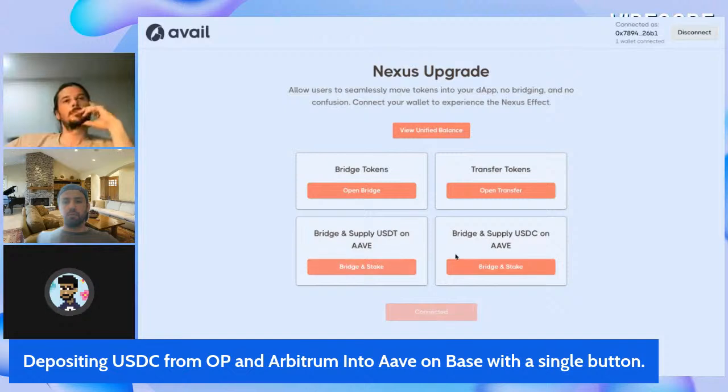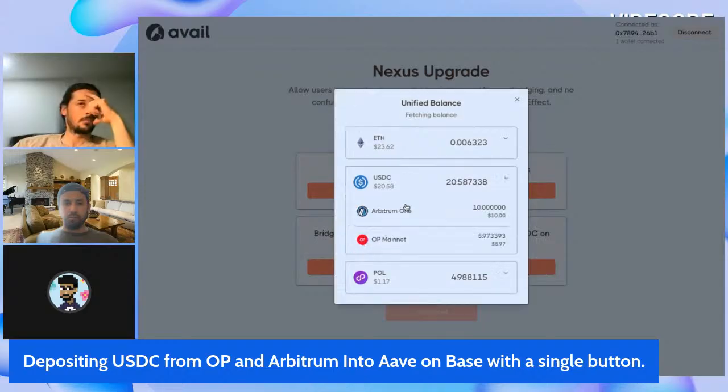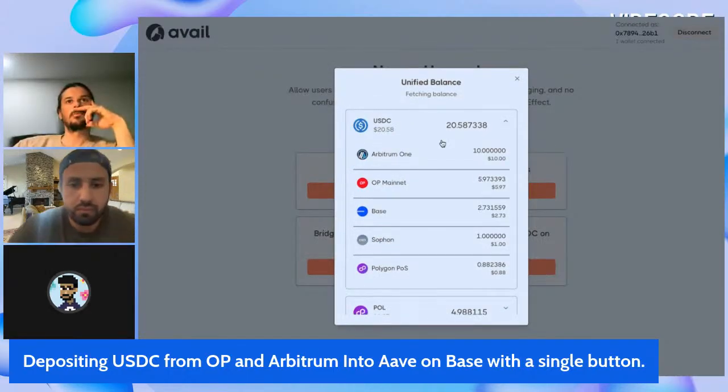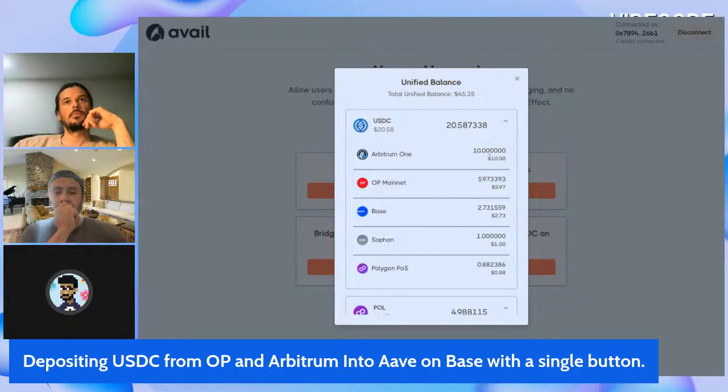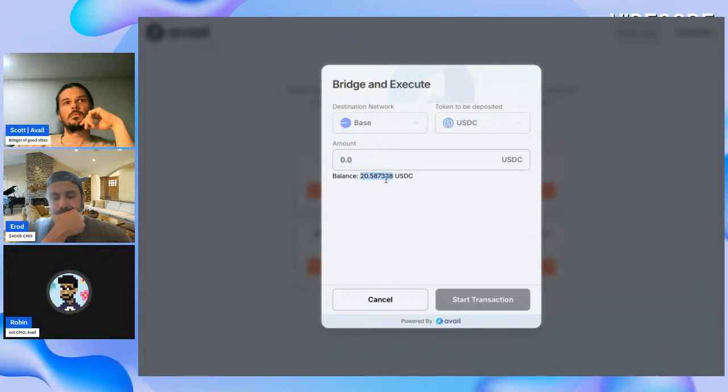And what that means is, let's take, bridge and supply USDC on Aave, which is what we wanted to do for this session, right? So as you can see, I've got actually 20 USDC across multiple chains. I've got USDC across Arbitrum, OP, Base, Sofa, and Polygon POS. So I've got 10 in Arbitrum, 5 on OP, 2.7 on Base only, right? I've only got 2.7 USDC on Base, but I can use all of these 20 USDC if I want to,